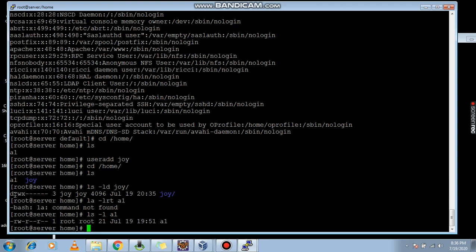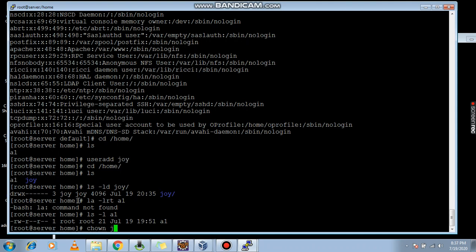That means this read, write and executable permission is used for the user. The first three are for the user, the second three for the group, and the third three for others. For read the value is 4, for write 2 and for execute 1, that means 700.